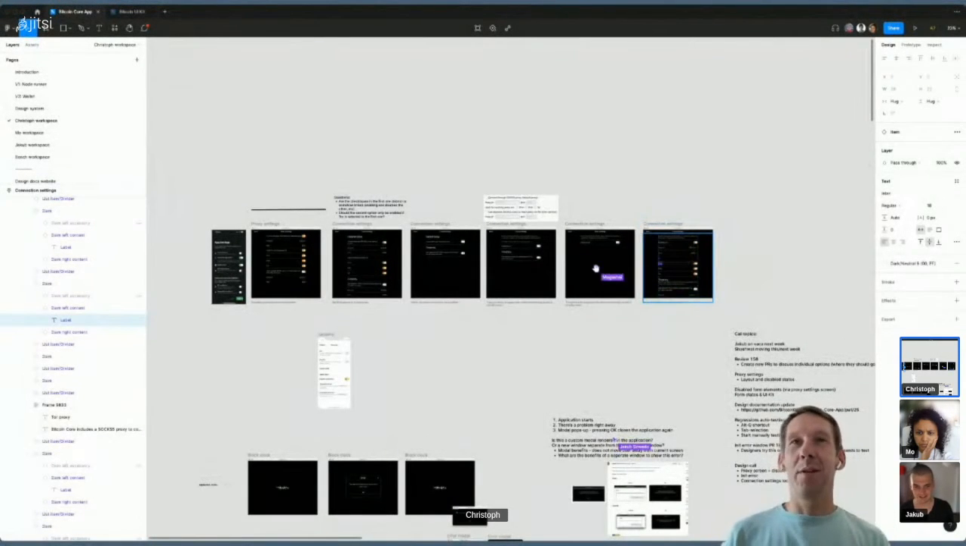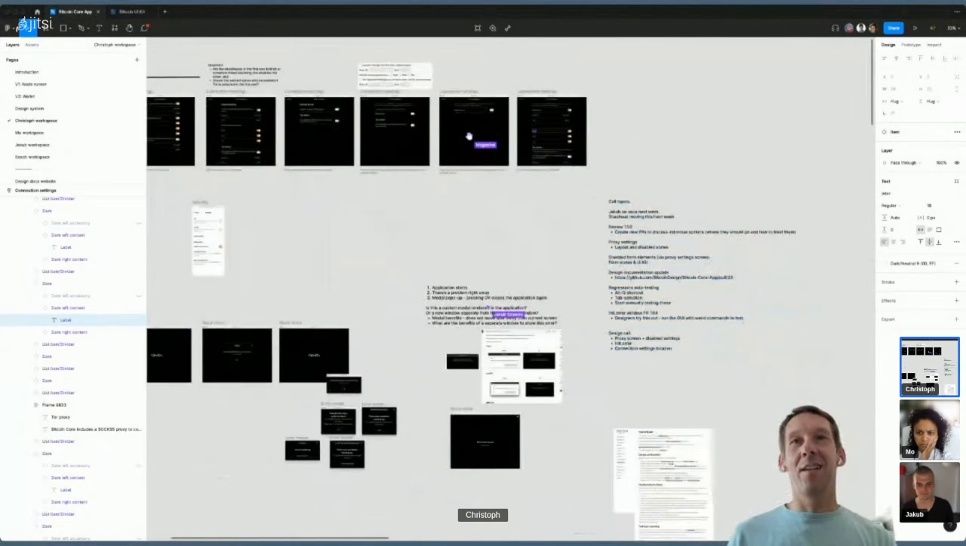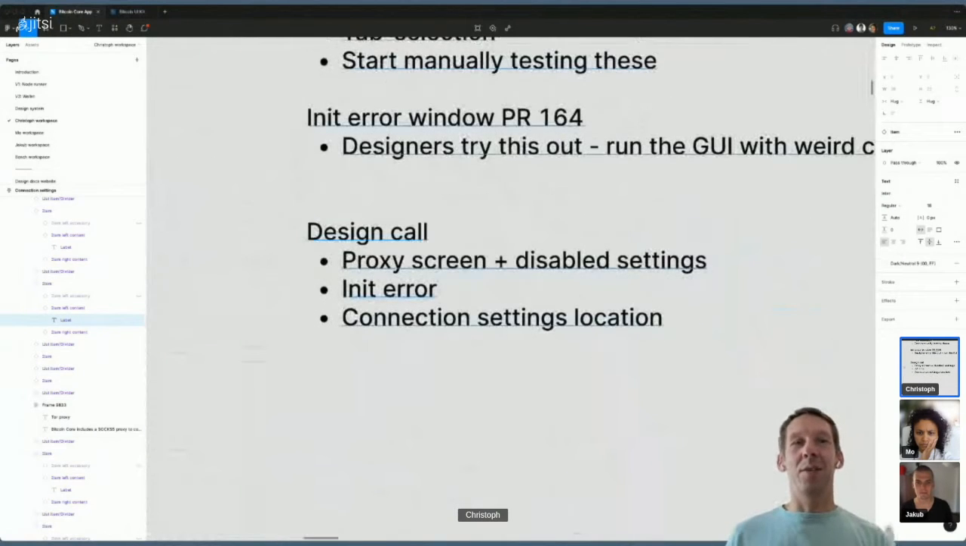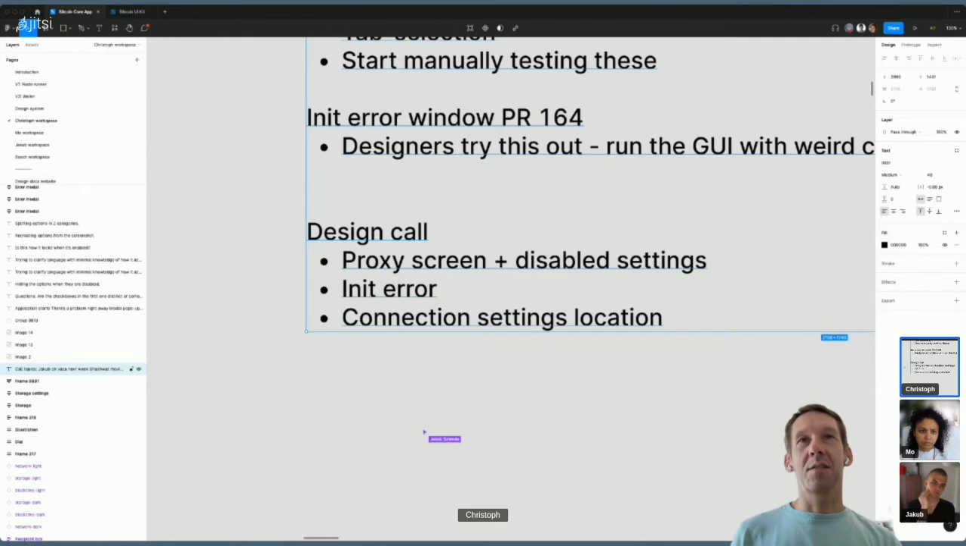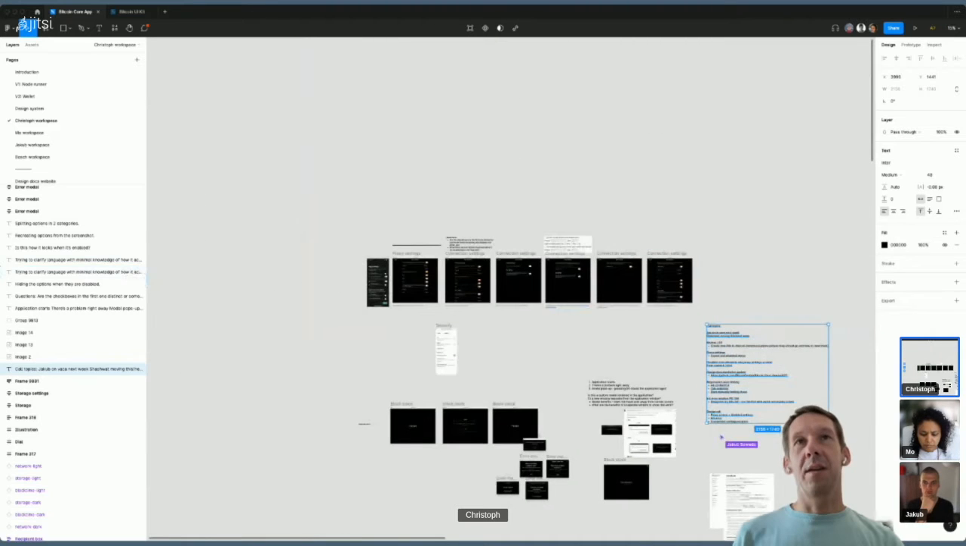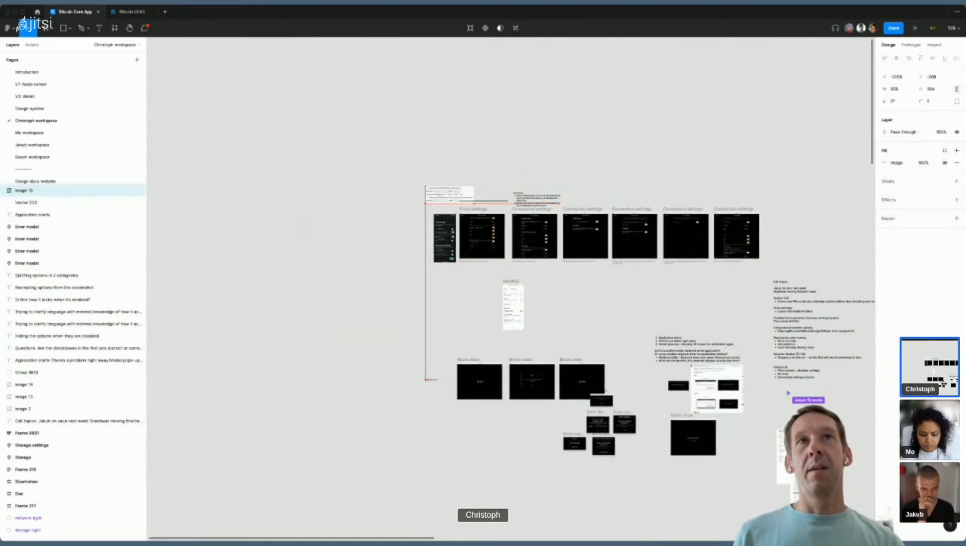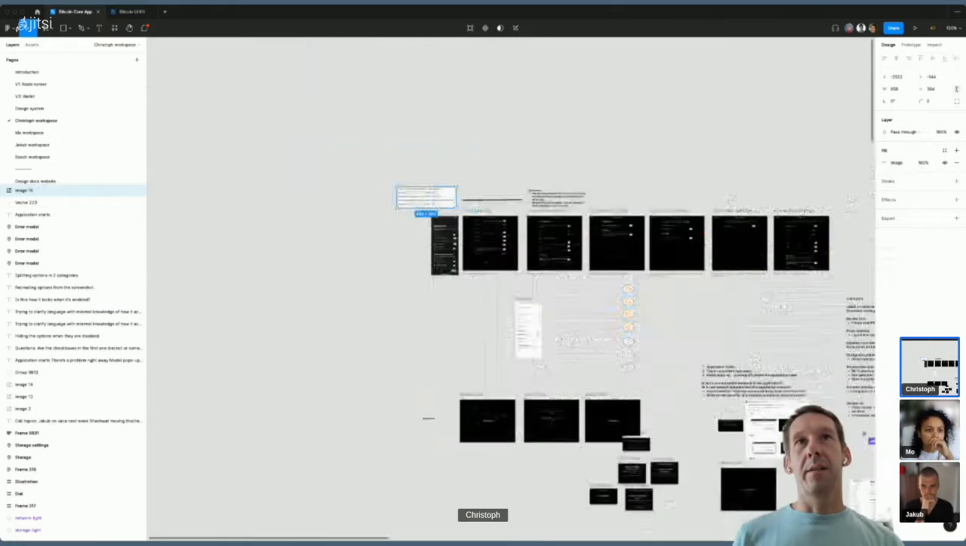So to catch you up real quick, we briefly talked about what we want to talk about in this call, which was basically the stuff that Gerald said yesterday that he'd like us to prioritize: the proxy screen and disabled settings, then the window init error, so the application can't even start because something went wrong and what that mode looks like, and then the connection settings. And so then we started hopping in, looking at the